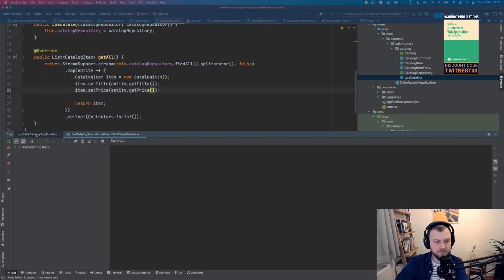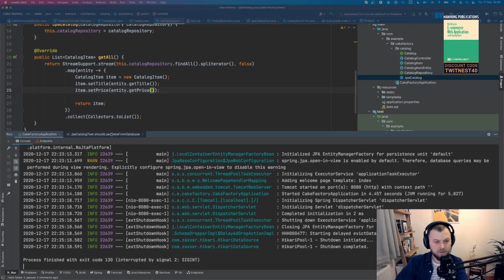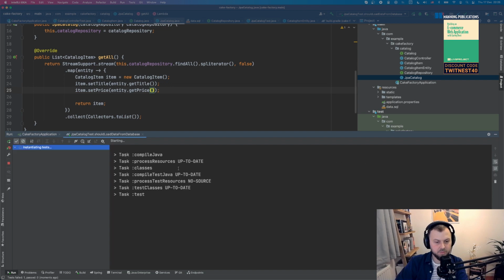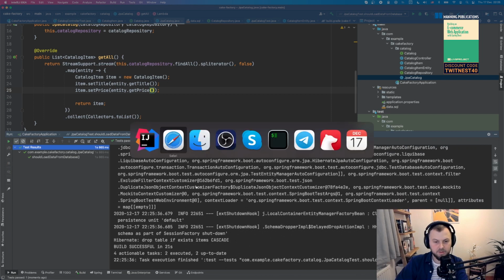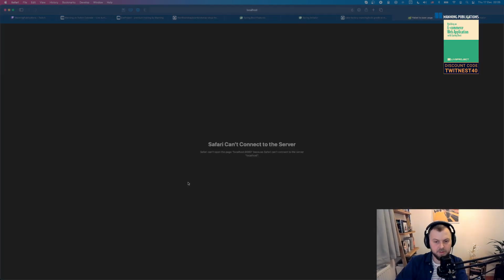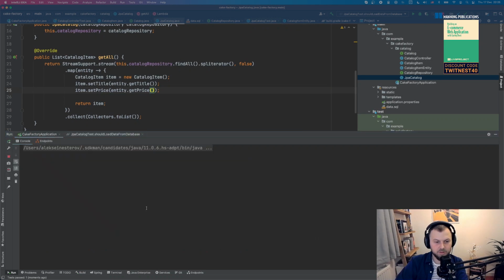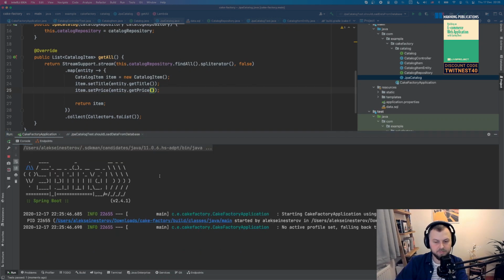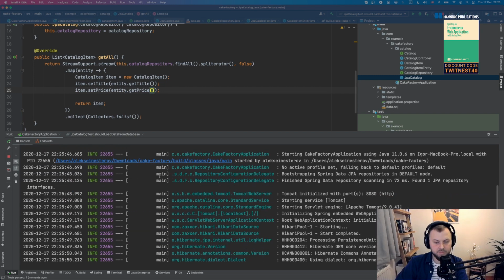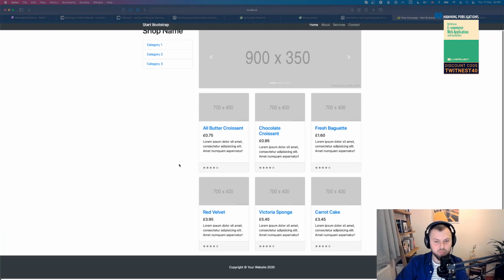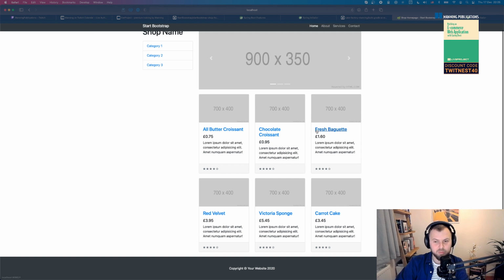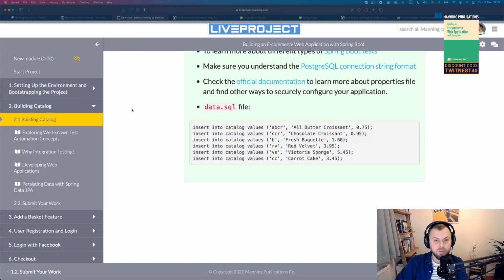So let's see how the test is doing. It's a bit slow today. It's probably due to some of the screen sharing software running and everything, but that's all right. All right, so the test is green, the app is running. It is not, but it will be there in a second. All right, all started, yes. And now we see the prices are correct. It's actually not a bad price for a fresh baguette. All right, and that's the end of milestone 2.